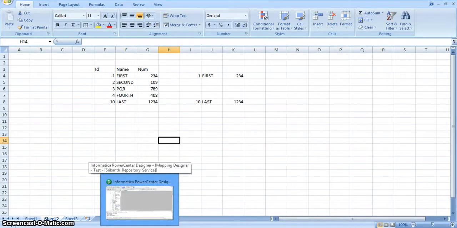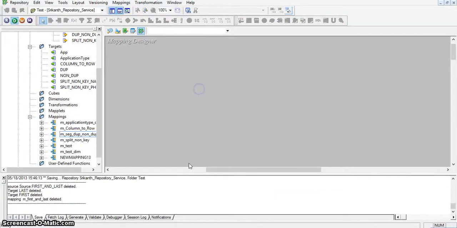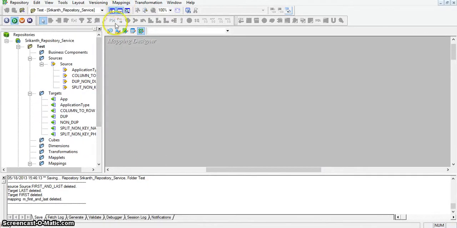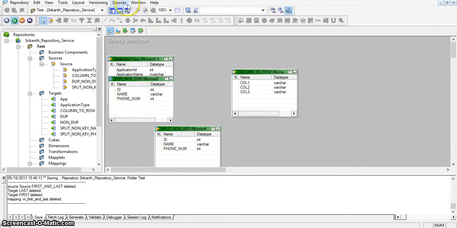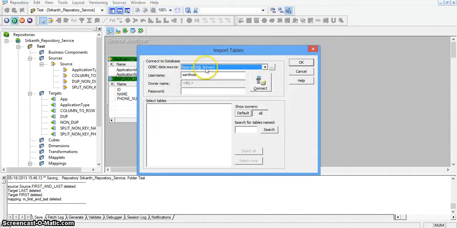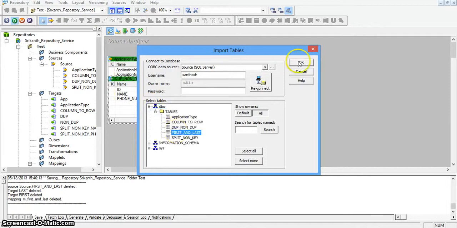Now I will create a mapping. From sources I am importing the first and last table.